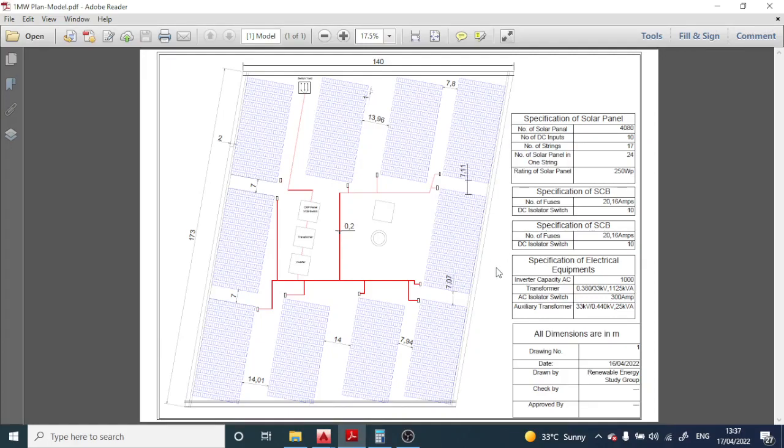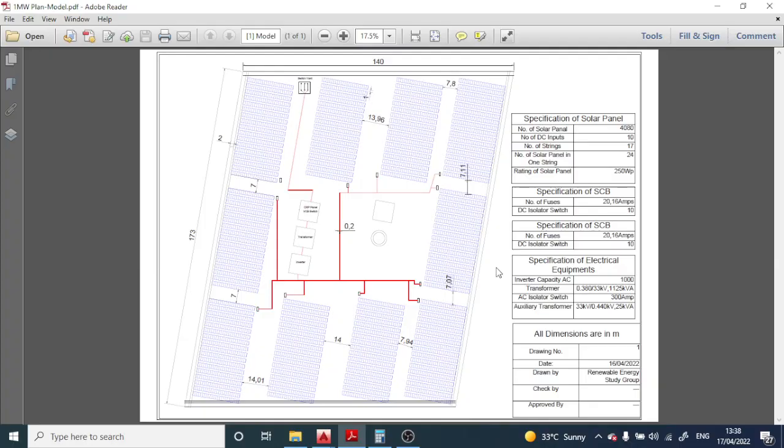Now in this lecture, we're going to talk about how we can analyze the plan view of a site in the AutoCAD software. Before we can proceed to drawing the sheet in AutoCAD, we must know the basic dimensions of the particular